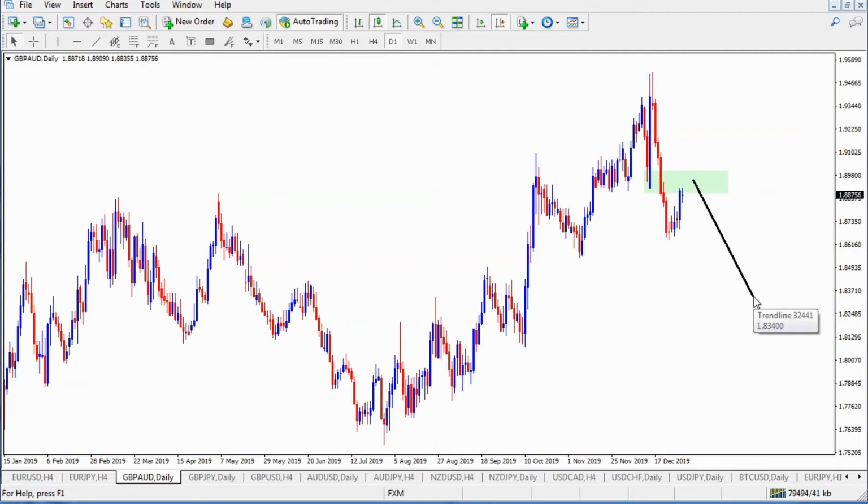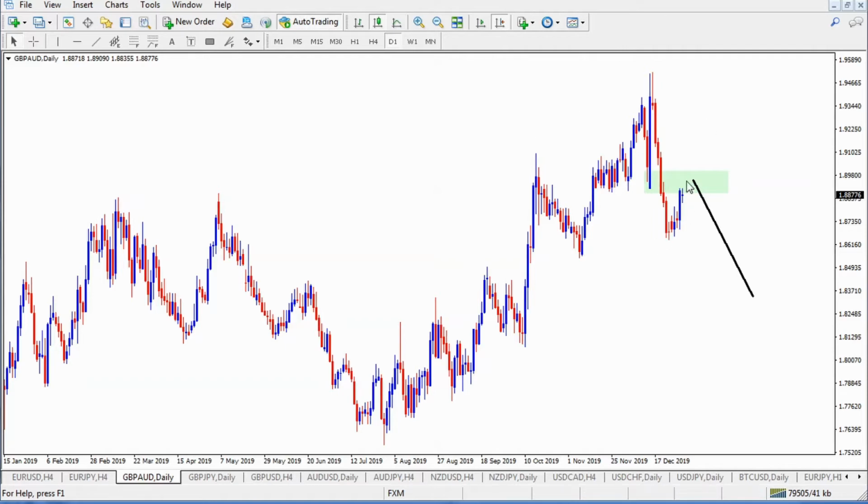Now, it may not happen. The market may not do that. But the whole point of this kind of assessment is to formulate a game plan. If the market does this, then I'm going to be ready to do that. I'm going to be ready to trade. And in this case, if the market gets up into the area it's currently at, if the market is going to start doing things that provide me a short signal, then I'd be more than happy to take a short